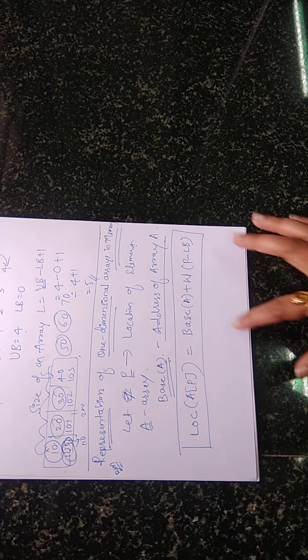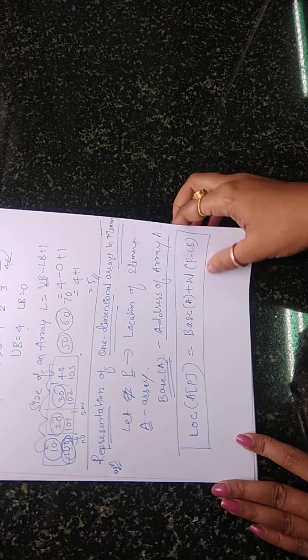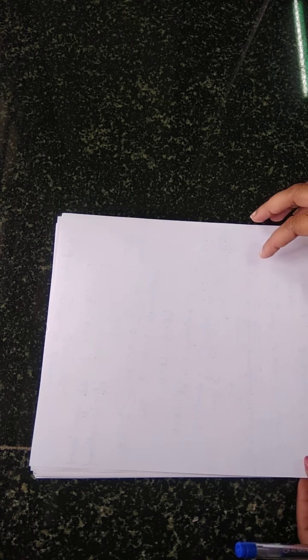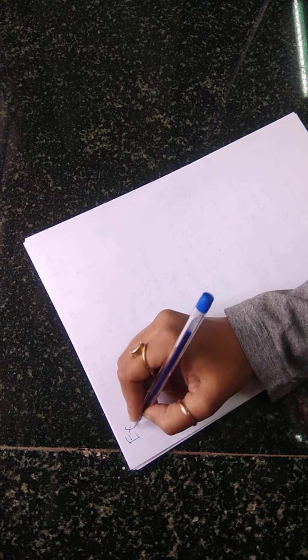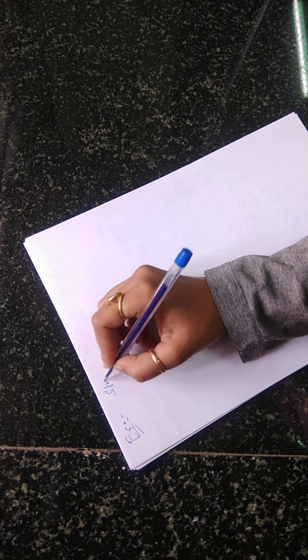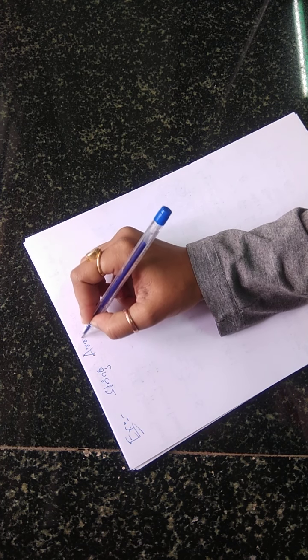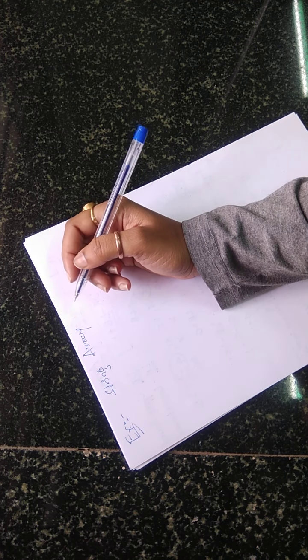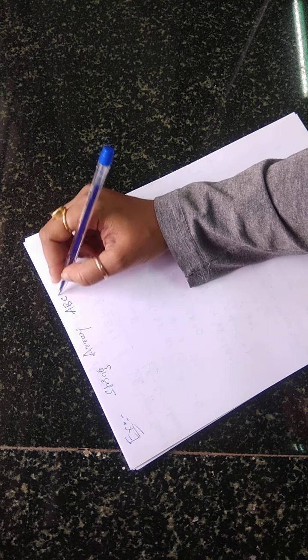So before seeing the example, first we will take one array, store some elements into it, and then find the memory location. Done? So now let me consider one string array. The array elements stored are A, B, C, D and E. Now, how is it stored in the memory?